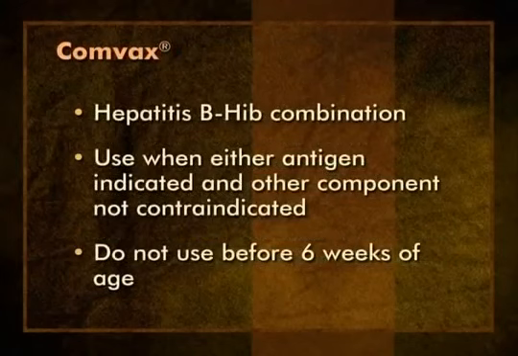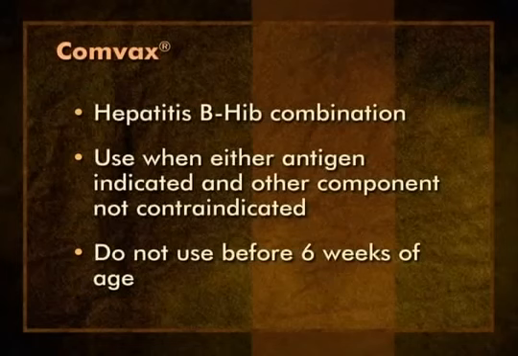Another combination vaccine that contains Hib is Comvax. Comvax is a hepatitis B Hib combination. It contains a standard dose of Pedvax Hib and a standard 5 microgram pediatric dose of Merck's hepatitis B vaccine, Recombivax HB. As with other combinations, the vaccine can be used when either antigen is indicated and the other component or